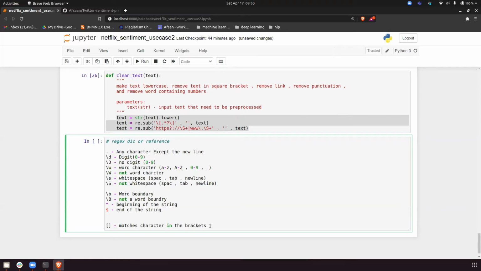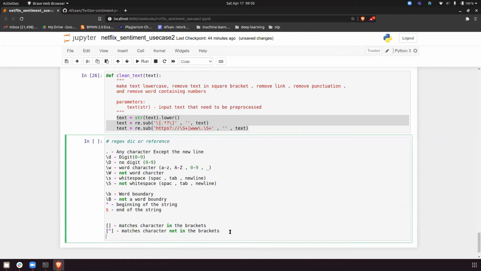And if this is what you mean by this, then what is this? If I put this inside, it does not match the characters in the bracket. Okay, so not. This is what?